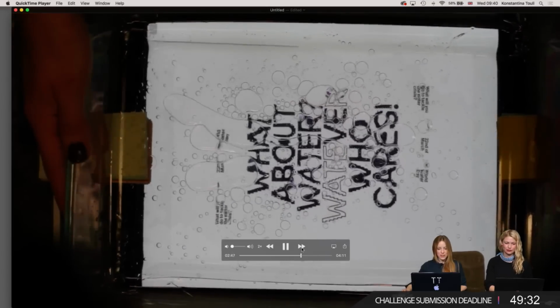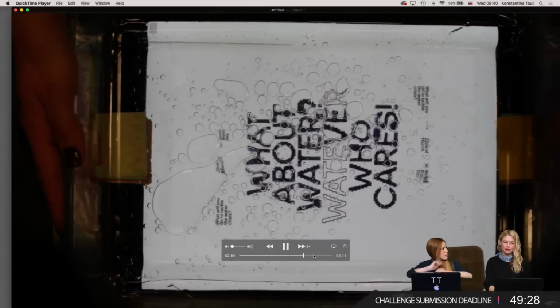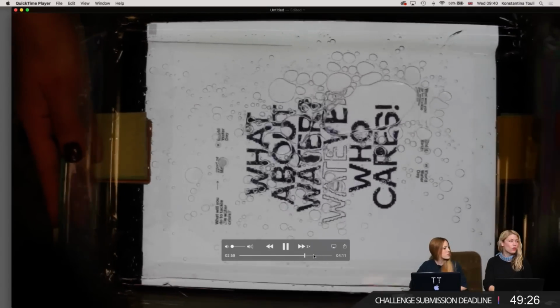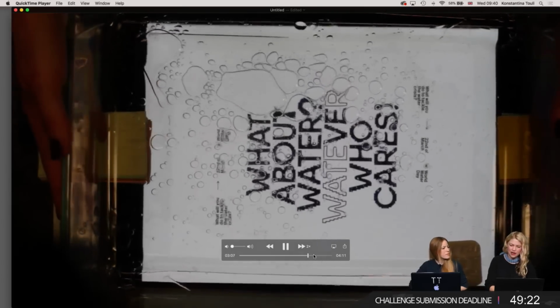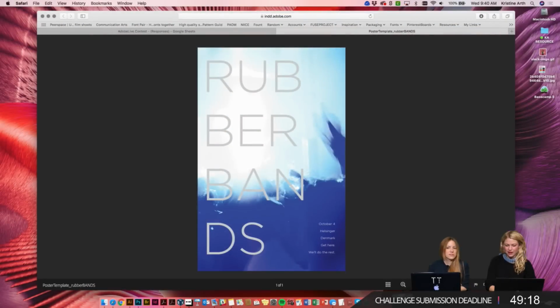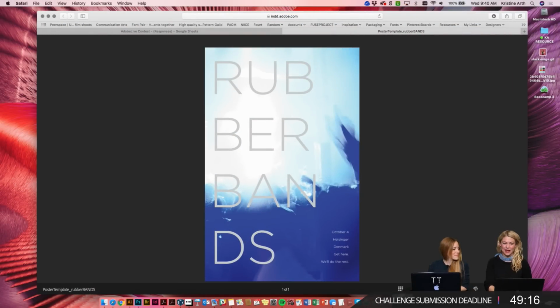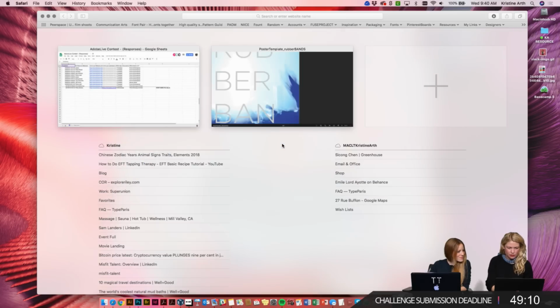Nice. Okay, should we maybe have a look at a few of the posters and then we can come back and carry on, or how do you feel? Let's take a look at this first poster that we got in. Okay, this is great. The music festival is called Rubber Bands, and this first poster, I'm not sure who this one's from, but